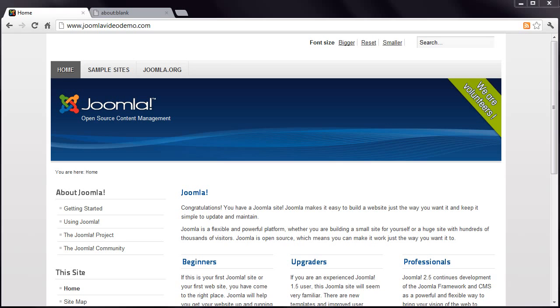Now that you have a bit of an idea of how the front end is constructed, let's have a look at the back end, called the Joomla Administrator. This is where you'll manage the content and structure of your website. Enter your site address followed by a / and then the word administrator. In my case, that means